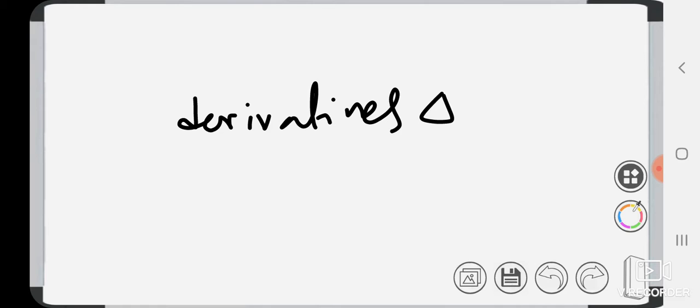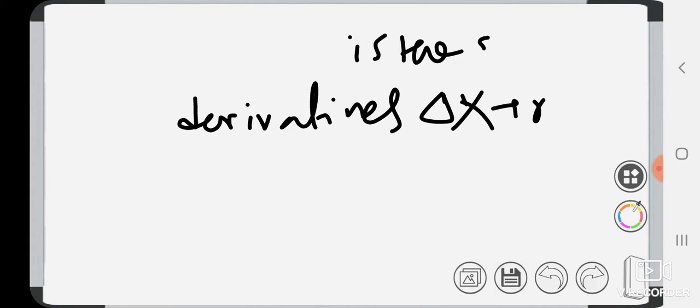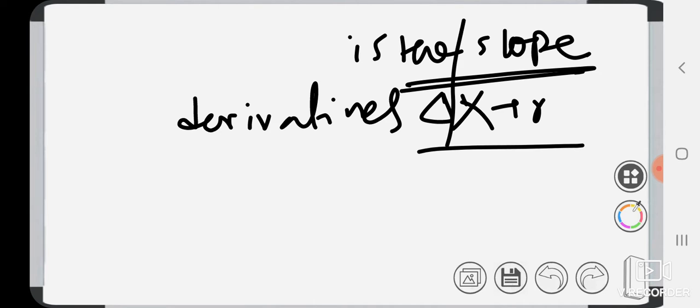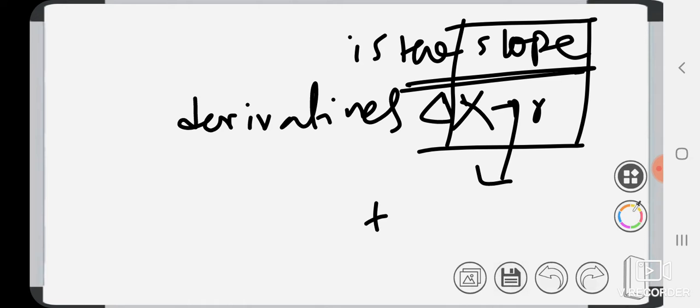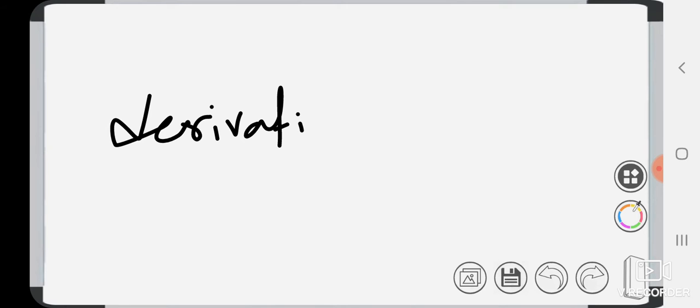Now what we learned, that derivative is the slope for del x tends to 0. Derivative is the slope for del x tends to 0. Now slope for del x tends to 0, let it name tangent, because we have found tangent. So derivative is the slope of the tangent, right? Slope of very small del x tends to 0 means slope of the tangent.